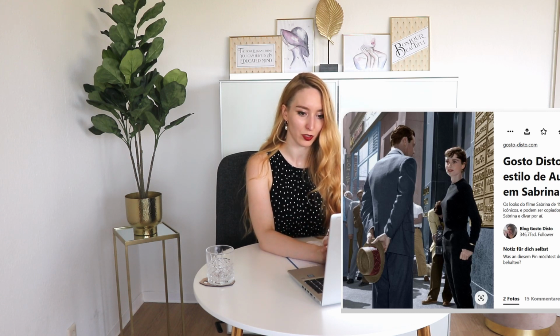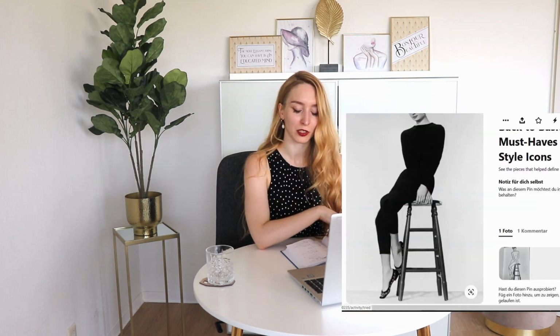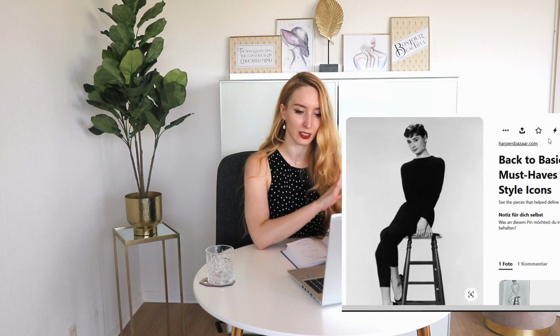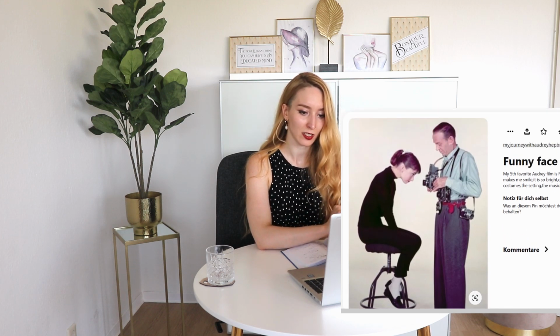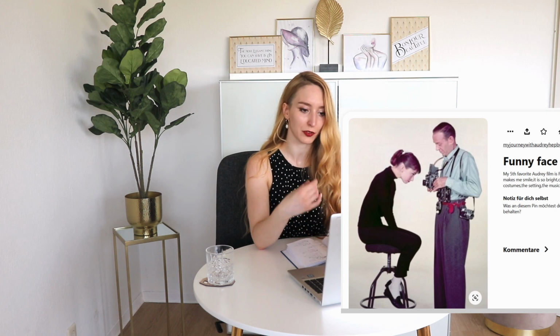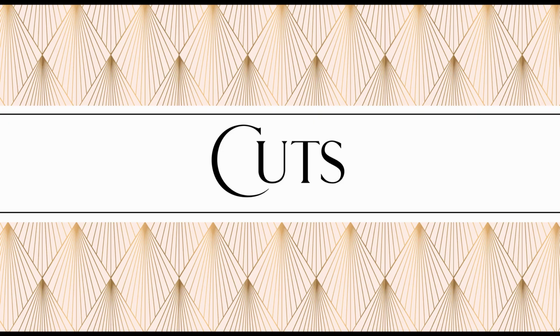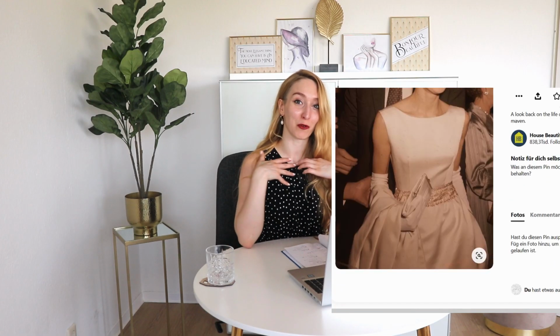Here you can see a very signature outfit of hers. So she has a boat neck, long sleeves, she wears very simple neutral colors, and her trousers are also very simple, sophisticated, high-waisted and finish below the calf, or on the half of the calf. Cut, nighttime. During nighttime, she definitely sticks with her boat neck